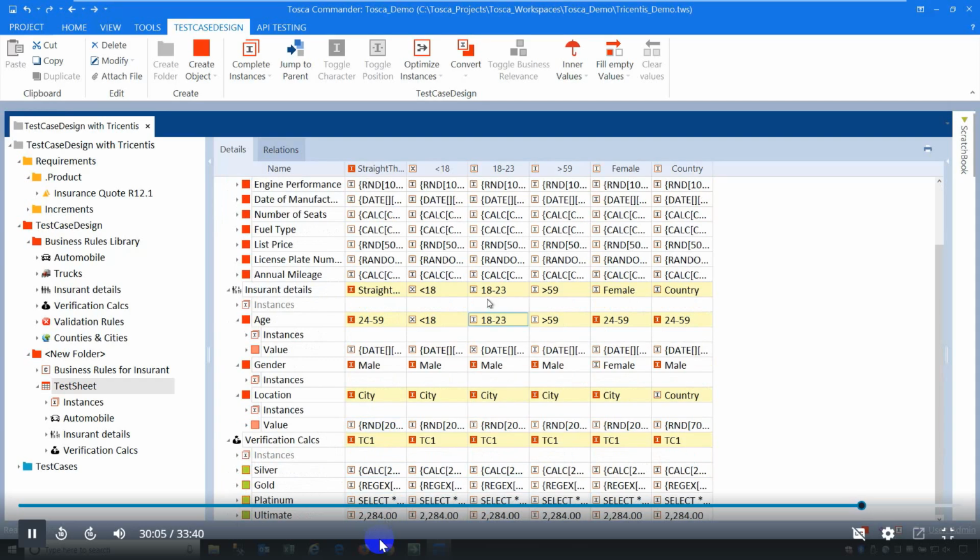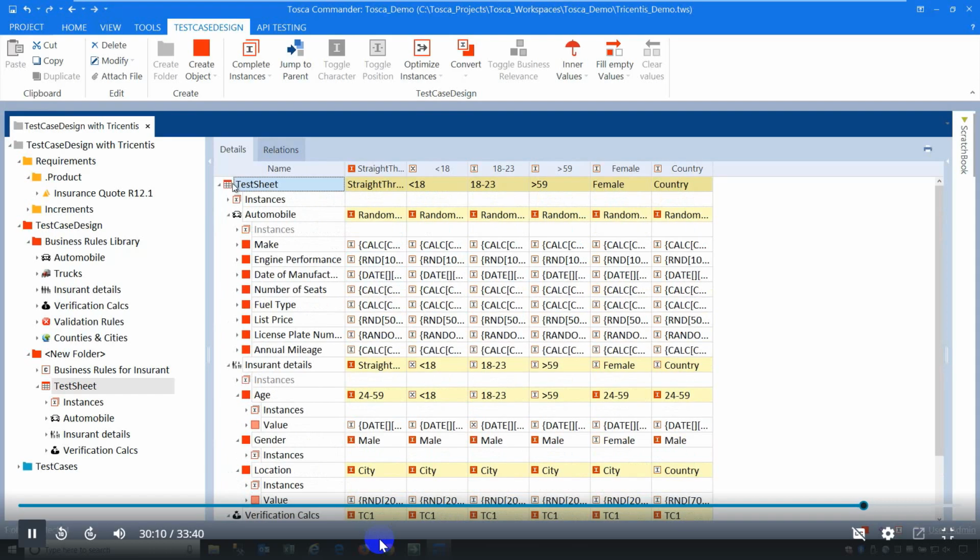But this is really the value here that we see with Tricentis' test case design, because if you click on that, for example, here, if someone goes and adds duplicate tests, we can actually merge duplicates together. It shows you the actual gaps in your actual test cases. So if you've added values here that aren't covered, we saw that we can see the actual gaps that are pointed out by using that instance coverage column as well, and as well as the weights that can be applied. So once you've done your logical values, you've added your physical values to the actual data, then we